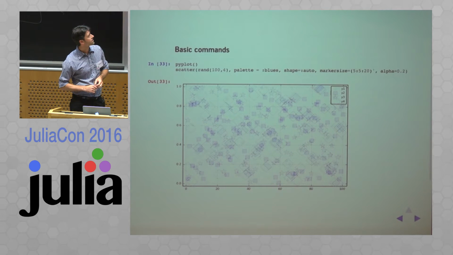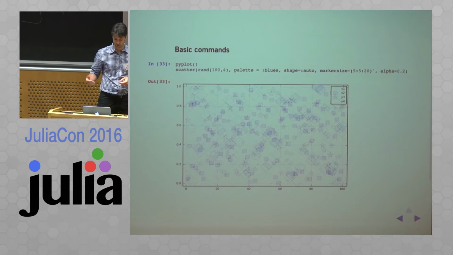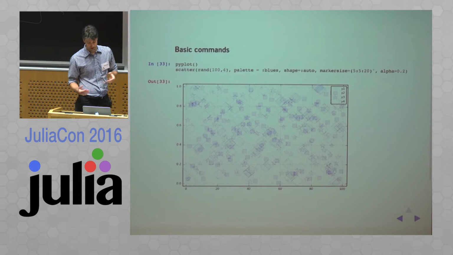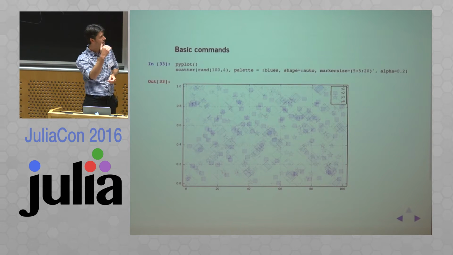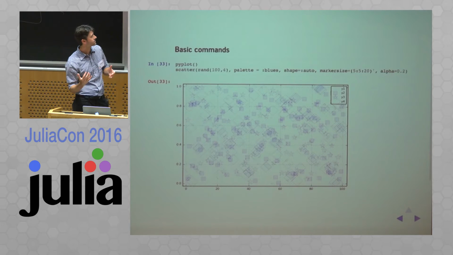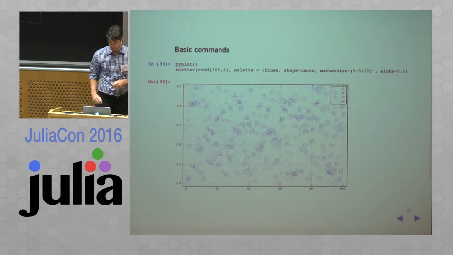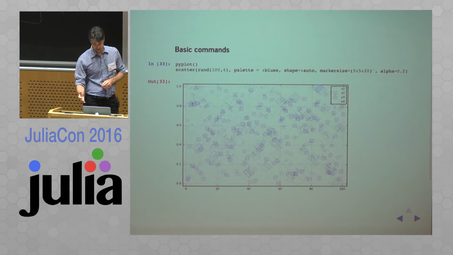I'm setting the palette to blues. Palette is the method of assigning colors to each individual series. I'm setting the shape to auto, which means it can change. So as you add more series to the graph, it's going to give you a new marker shape. I'm setting the marker size to be a